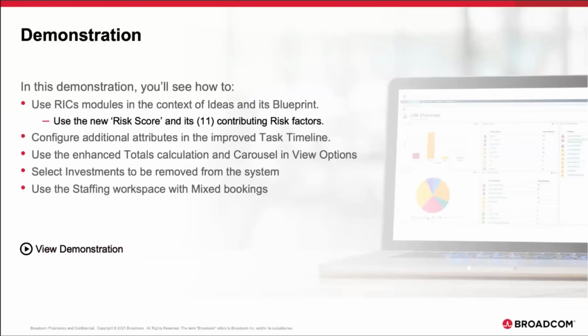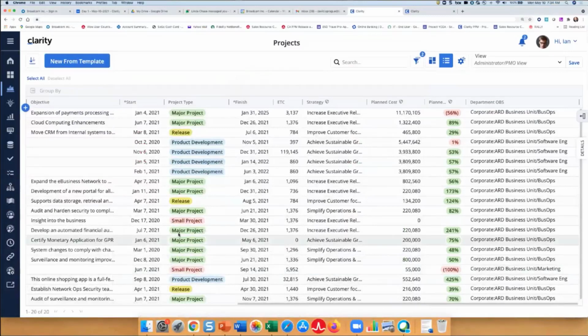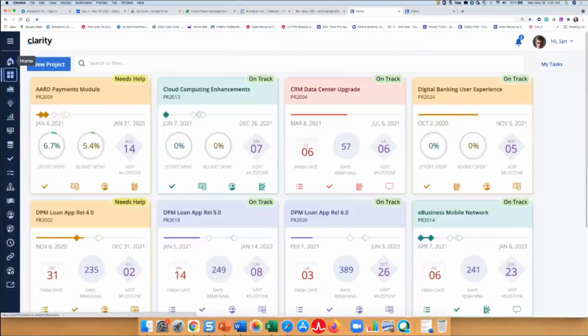And we're going to select investments to be removed from the system. And last but not least, we'll use the staffing workspace with mixed bookings. So let me switch to the demo and get out of the PowerPoint for 1 second. Okay, back here. So in this section, we're going to review the 5 new capabilities, starting with risk, issues, and